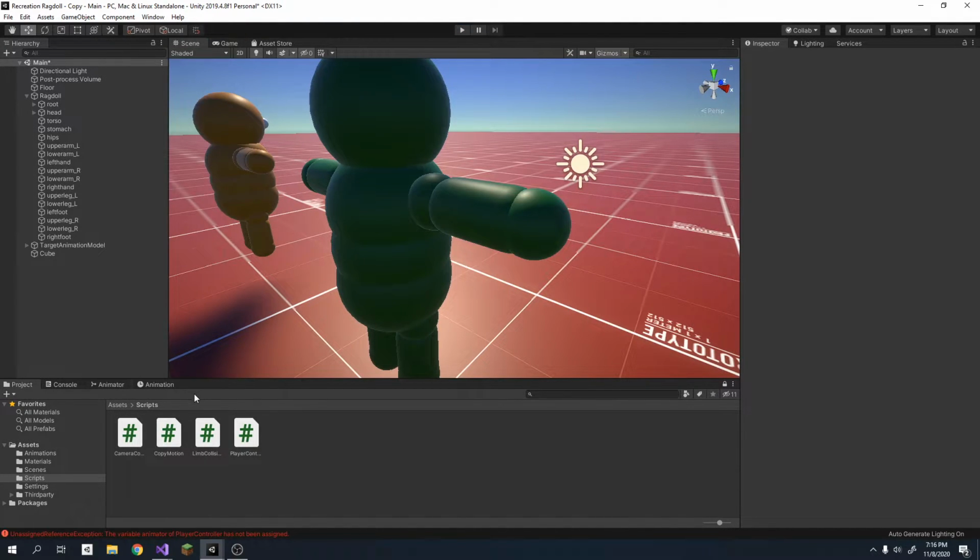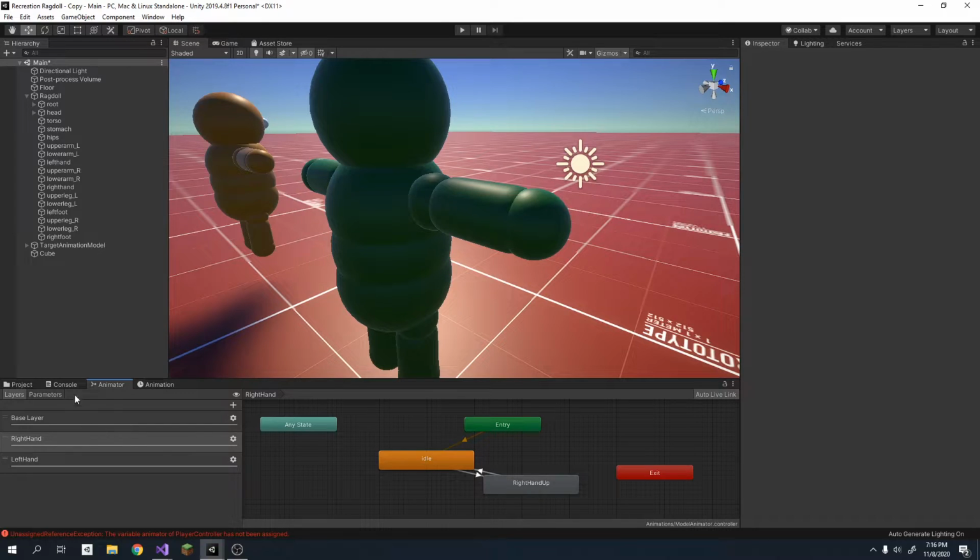now I also have new animations for this project. I have an animation where whenever you left click or right click, the right click will be for the right hand and the left click will be for the left hand. So whenever you're going to pick up an object, you'll left click or right click depending on which hand you want to use to pick up the object, and the animation is that the right hand angles upwards so that it looks like it's picking up an object. So what I did here was that